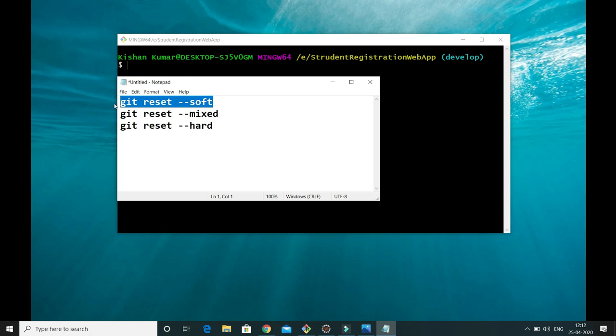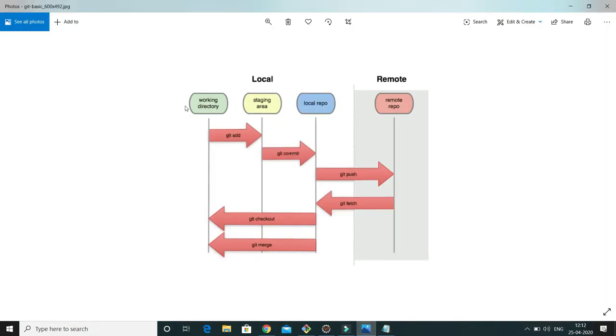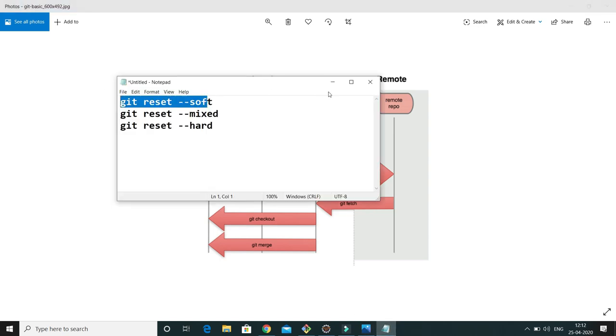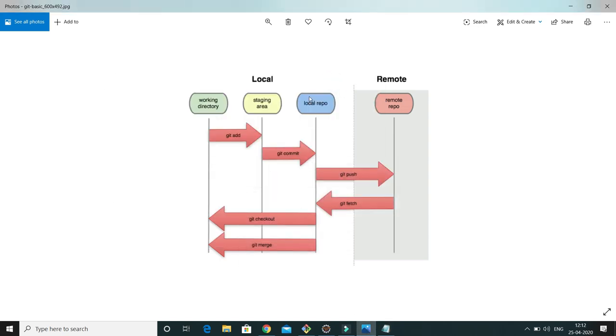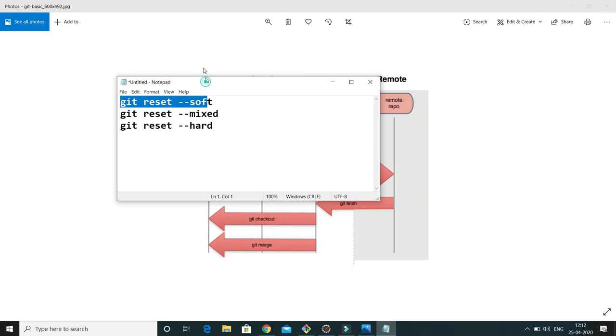When we talk about git reset soft, when you make your changes, do some modification, add into the staging area, then add into the local repository by git commit, and then use git reset soft, your local repository will be reset, and your changes will be available in the staging as well as the working area. That's git reset soft.